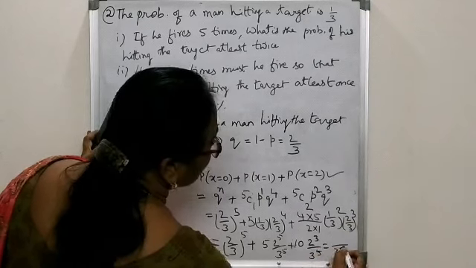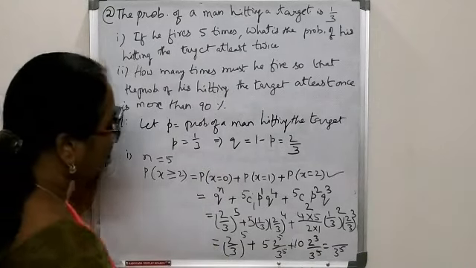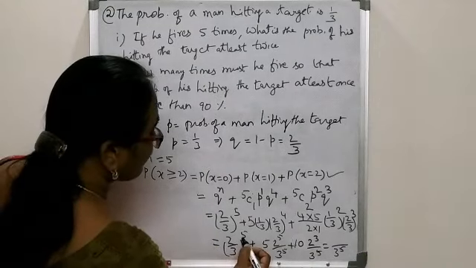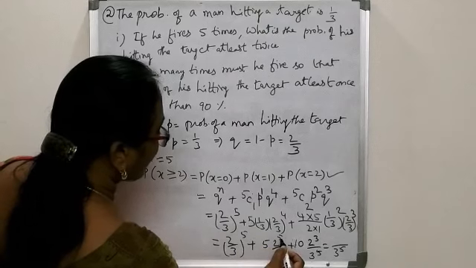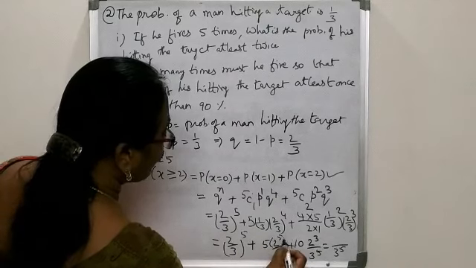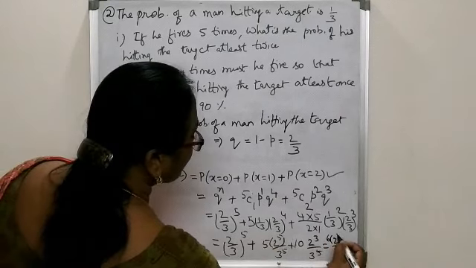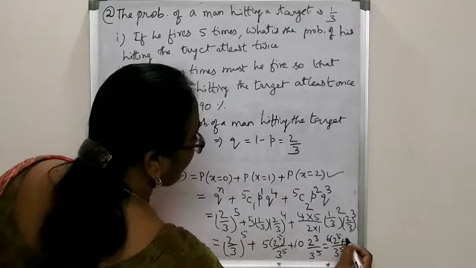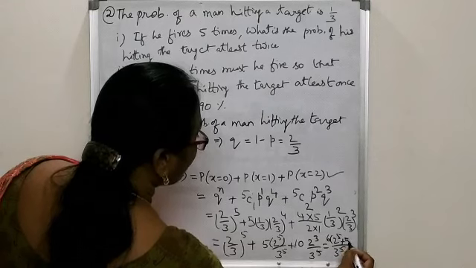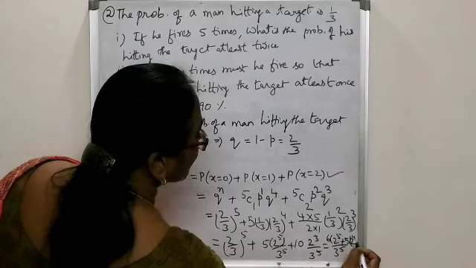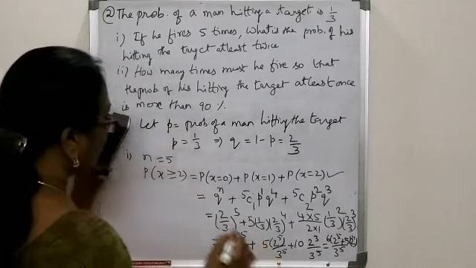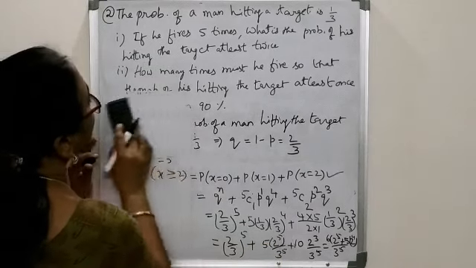So 3 power 5 is the denominator and the numerator is 2 power 5 into 5. It is 6 times 2 power 5 plus again we have 5 into 2 power 4 here. So on simplification, here we are going to get the value